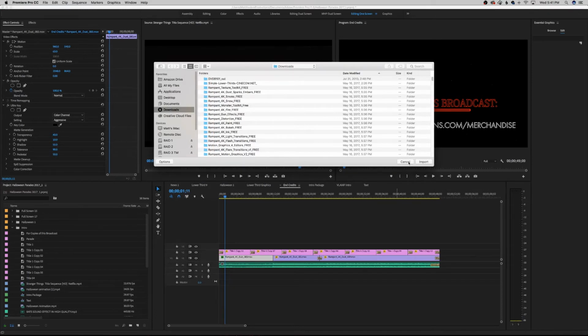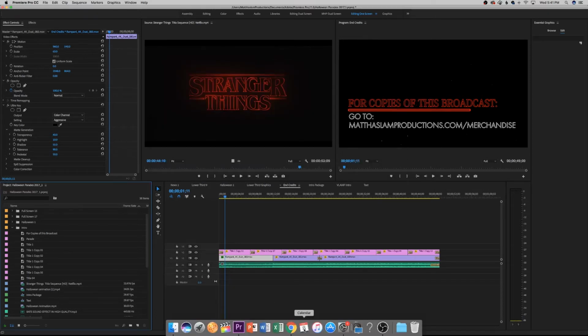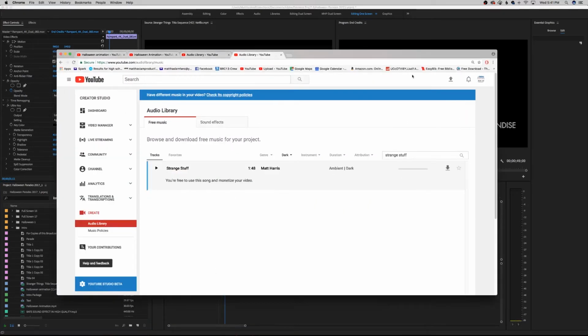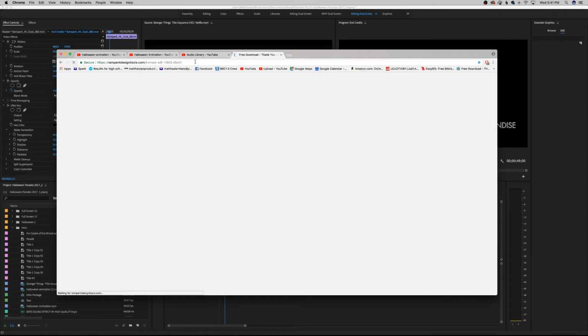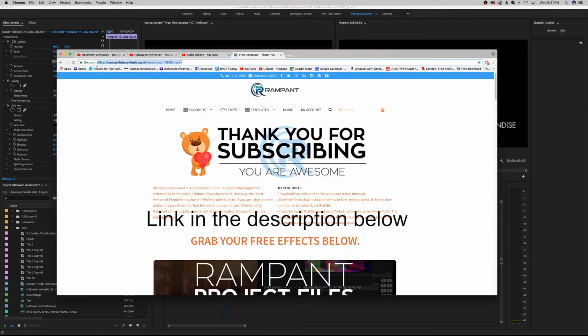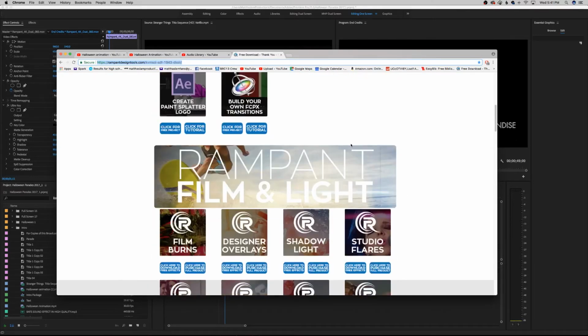these assets is to just go to their free website, which basically is right here. If you go to this website, rampantdesigntools.com/, basically there's a part of their website where they give out free